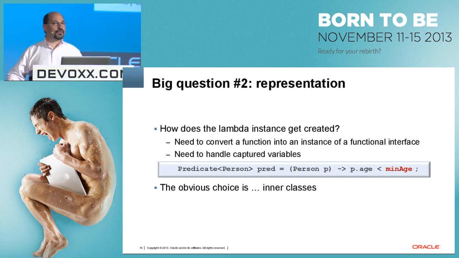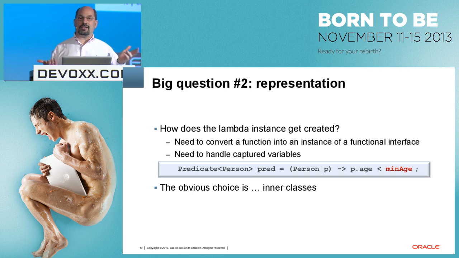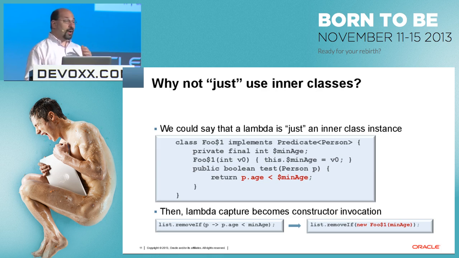So again, there's an obvious choice here. And that is, let Lambda expressions be syntactic sugar for inner classes. This was one of the proposals that was made before the start of this iteration of adding Lambdas to Java. So that would have been really easy, and we could have gone home relatively quickly if we had done that,